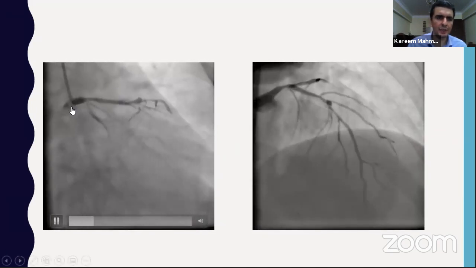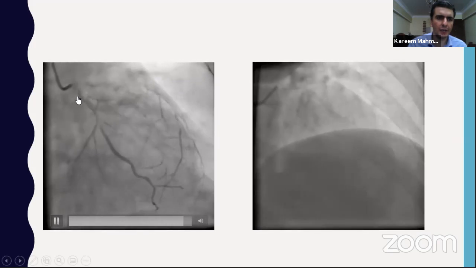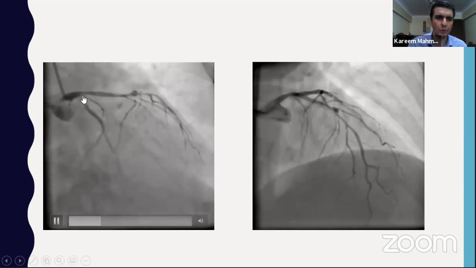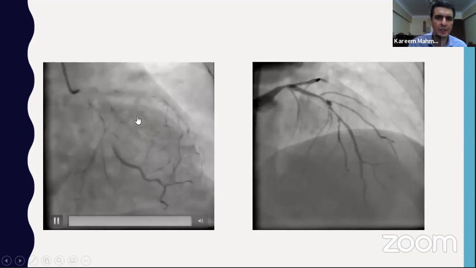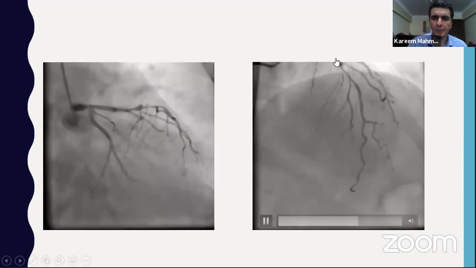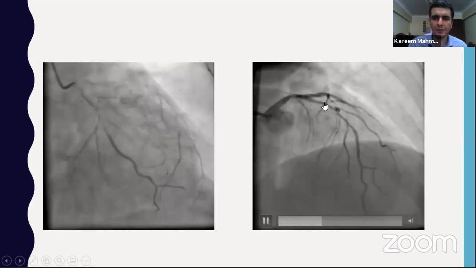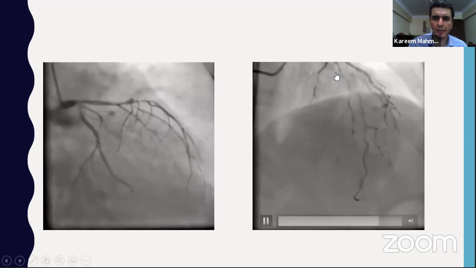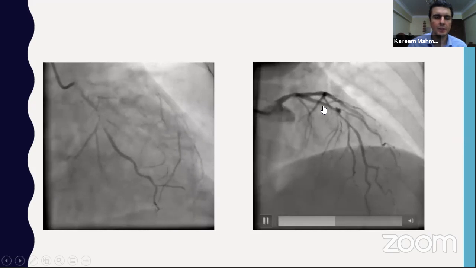We have a distal left main lesion with thrombotic stenosis of the ostial LCX, with also a stenosis of about 70% at the ostium of the LAD. Also, we have a long lesion in the proximal and mid LAD, together with an aneurysmal dilatation, a small aneurysm in the LAD.